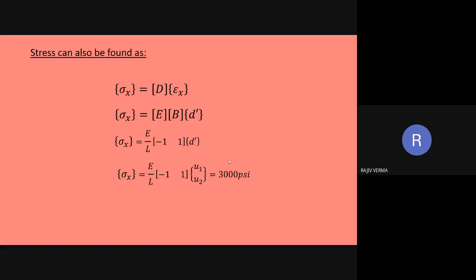Therefore, stress and strain, both of them, because they depend upon the first differential of displacement, both of them are going to be constant quantities throughout the entire domain. Now, this obviously is a wrong answer, but the thing is that as we are going to go on refining the domain into a larger number of elements, we are actually going to approach towards the exact solution.